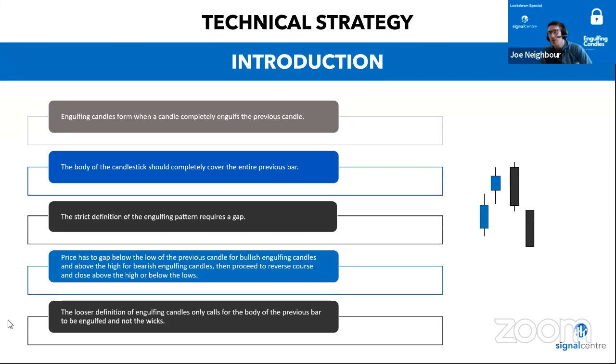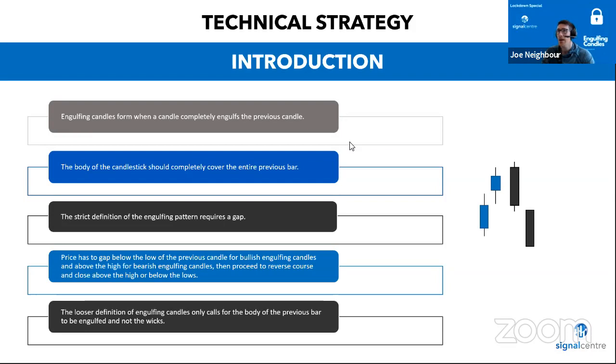So firstly, the introduction. Now, engulfing candles, obviously a classic candlestick pattern, often used as a reversal indicator. There are various different reversal candles that you can look at. There's hammers, inverted hammers. There's clusters of candles, so Morningstar reversals, of which we will try and cover a lot of them over the coming weeks. If you have any questions specifically about this or any other candlestick patterns, then obviously feel free to reach out. But today, just talking about the engulfing candle, and that can also cross over into outside bars or outside candles